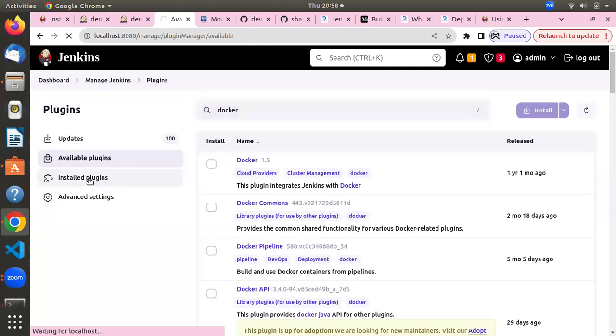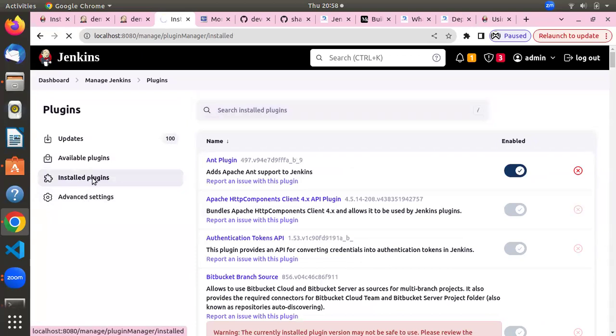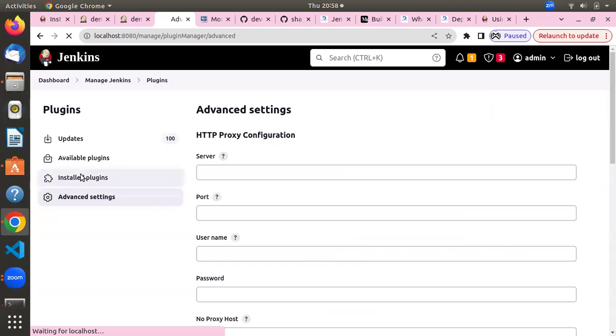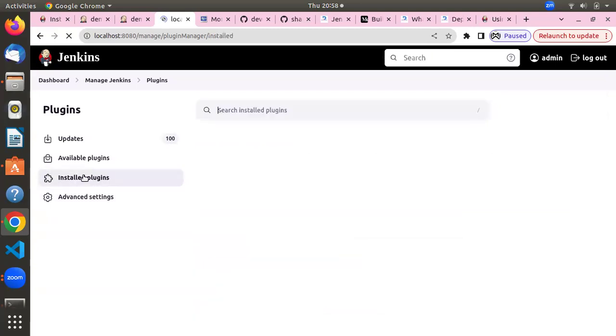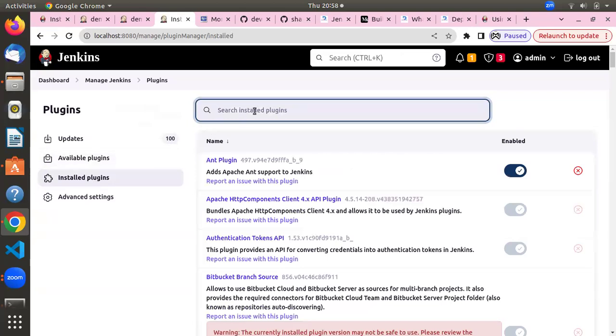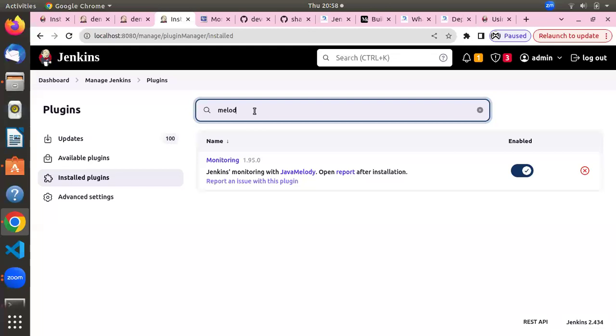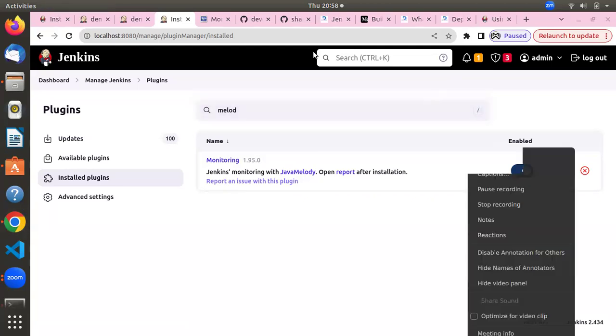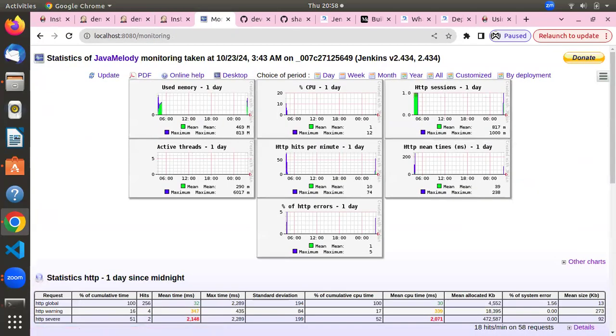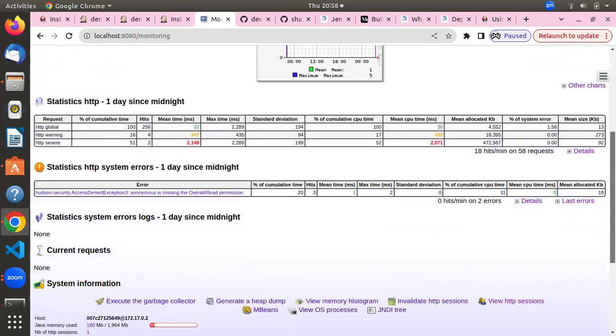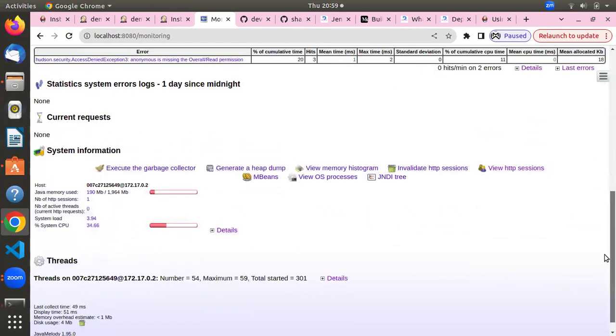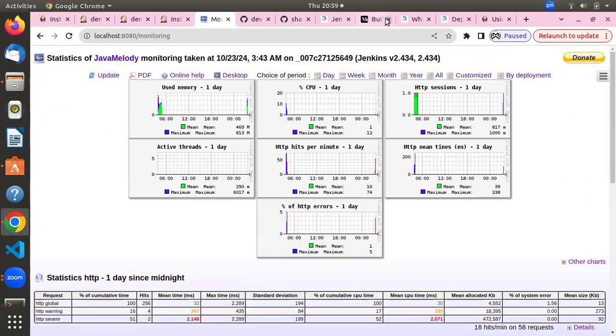Yes. So plugins play a very important role in Jenkins. You can see which plugins are already installed, which are available, and which have upgraded versions available. Right now I have already installed a monitoring plugin, the Melody plugin. This plugin is essential for monitoring. Once installed, you can see this Jenkins monitoring UI, where you can see how much usage there is for Jenkins, and for the RAM or memory-related configuration. All these details you can easily see,